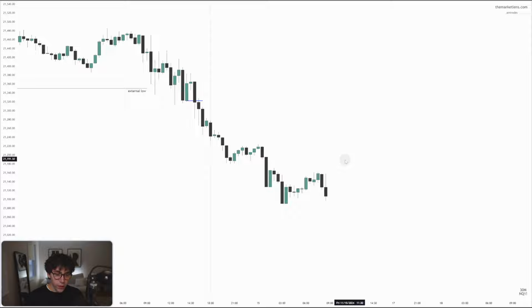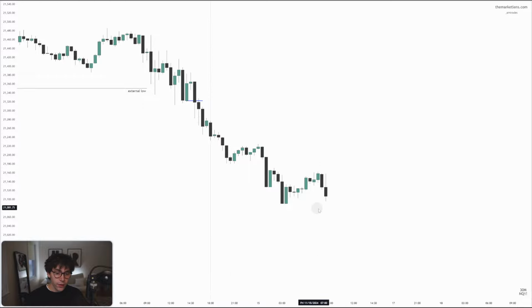this idea. Going into the New York session, I'm looking back on the overnight price action and asking myself, is this confirming my idea to the downside that I set in the previous day within this daily profile? And here I can say it is. We have this close below from that up close candle on the hourly. And from the daily open, the market is already starting that continuation lower, and I still have objectives below to